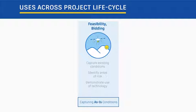We see the use of drones adding value to your team across the entire project lifecycle. At the onset of the project, during feasibility and bidding, and then in design and pre-construction, folks are using drones primarily for the capture of existing or as-is conditions. This is applicable for all construction, but especially beneficial when there is renovation work to be done. You may use this information during feasibility and bidding to improve your proposal by helping your potential client visualize what the project will be at the end, in context of real-world surroundings of the proposed asset. You'll also use it to visualize potential areas of risk and demonstrate your capable use of technology, instilling confidence in